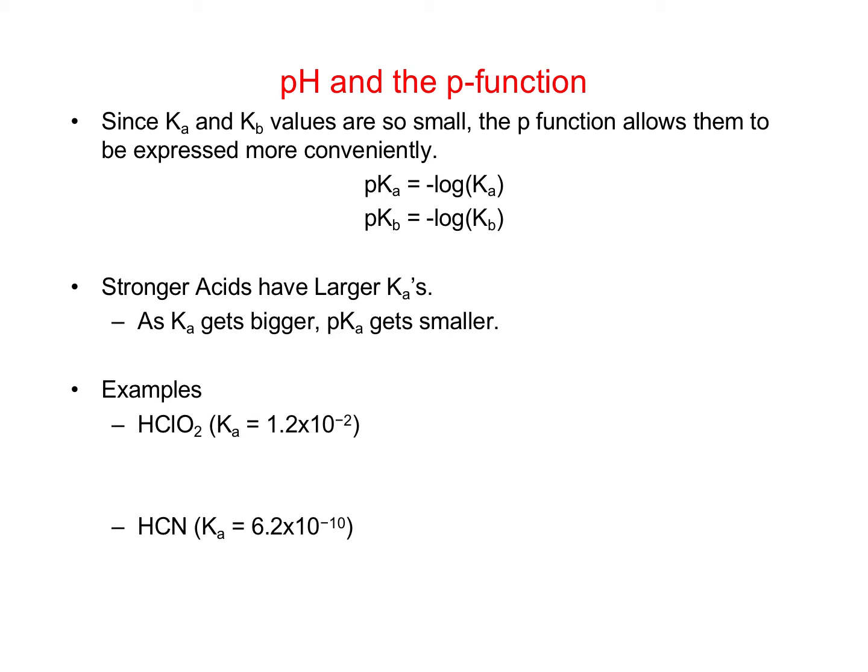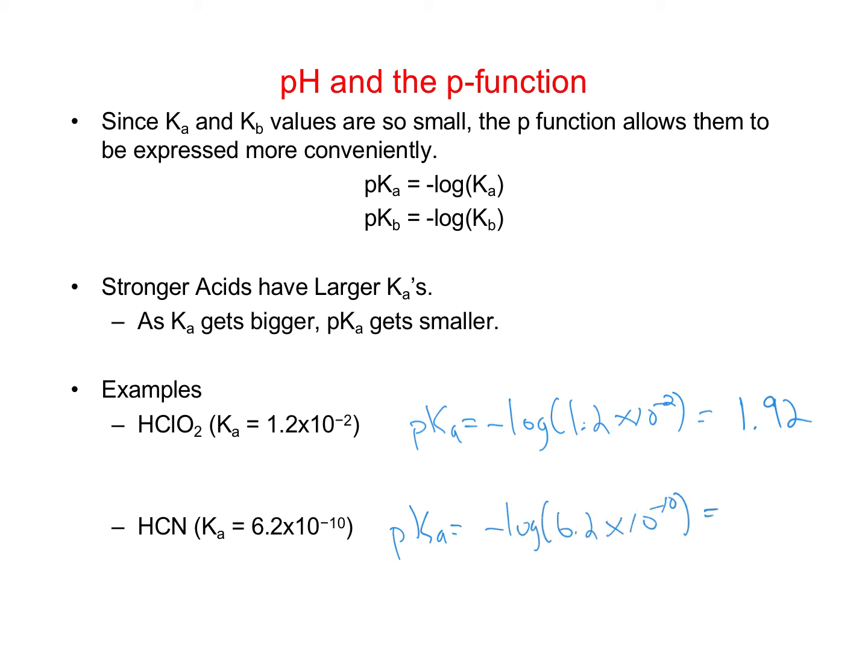So for chlorous acid, the pKa is negative log of 1.2 times 10 to the minus 2. And so that gives me a pKa of 1.92. And then for hydrocyanic acid, its pKa is negative log of 6.2 times 10 to the minus 10. And so that gives me a pKa of 9.21. Right, and so we can see, we already said chlorous acid was the stronger acid, and so it has the smaller